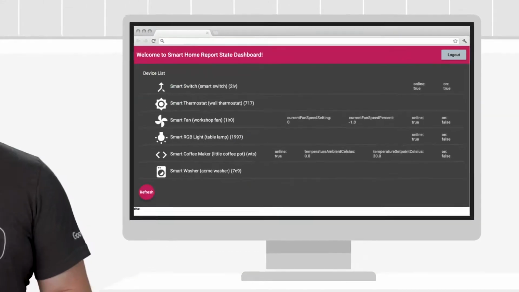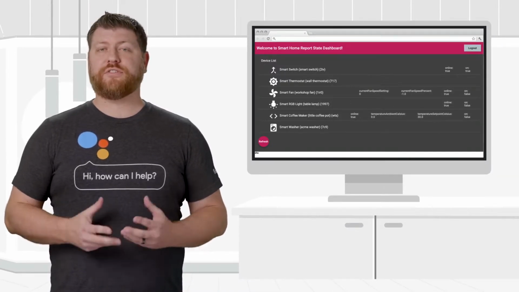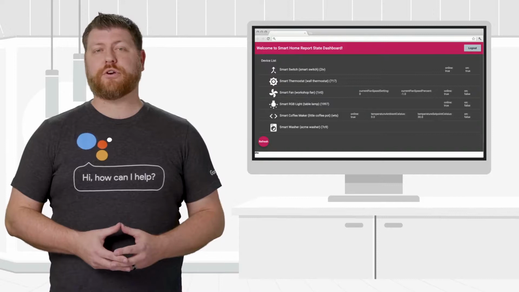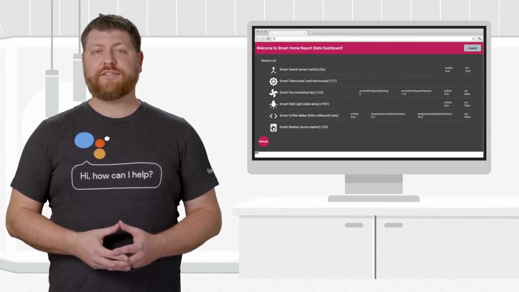You can also check out the report state dashboard utility on GitHub, which allows you to view the same Home Graph data in the browser using a graphical interface, including helpful color coding to make it easy to determine when